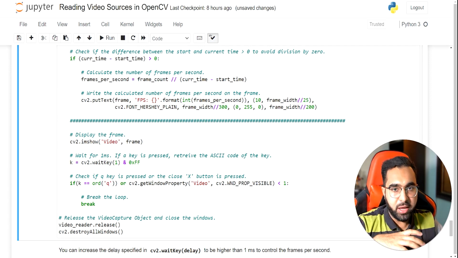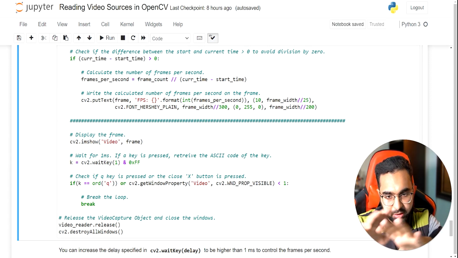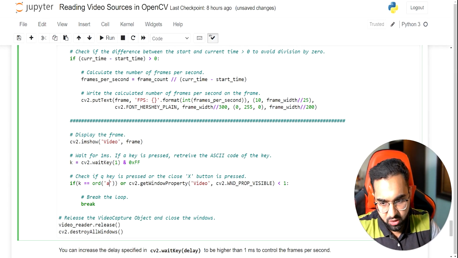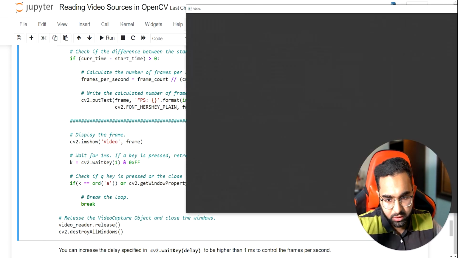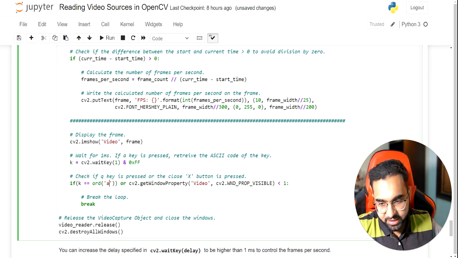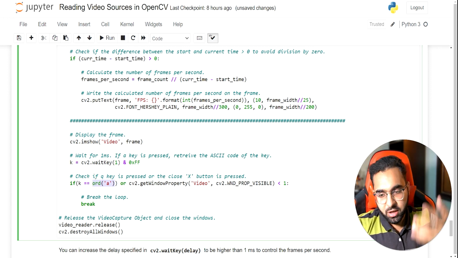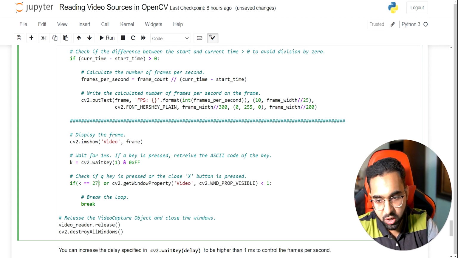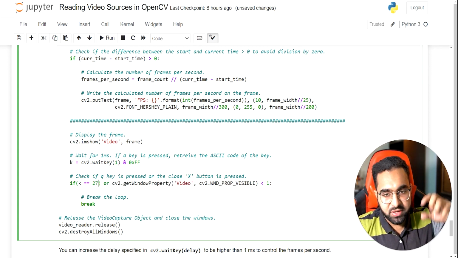And this is how I'm coding the whole loop to close whenever I press the Q button. So I can change it to maybe A or any other letter or any other button. So I can do this A, and the video loop will close whenever I press the A. Now this ord function converts any letter I pass here to the ASCII value. So suppose I want to close the window whenever I press the escape button. What I will do is just put 27 here, because I know 27 is the ASCII value for the escape button.